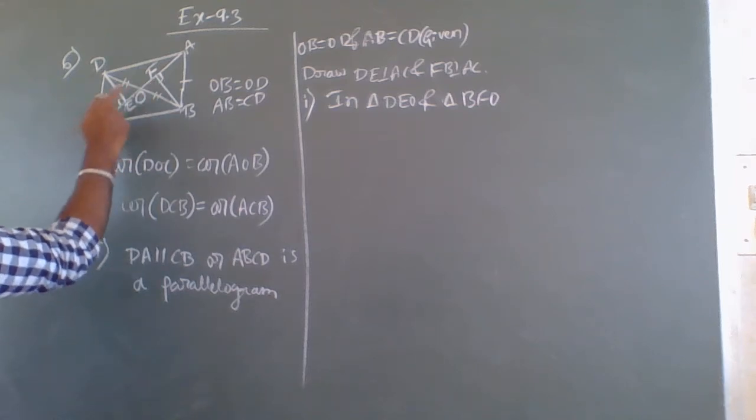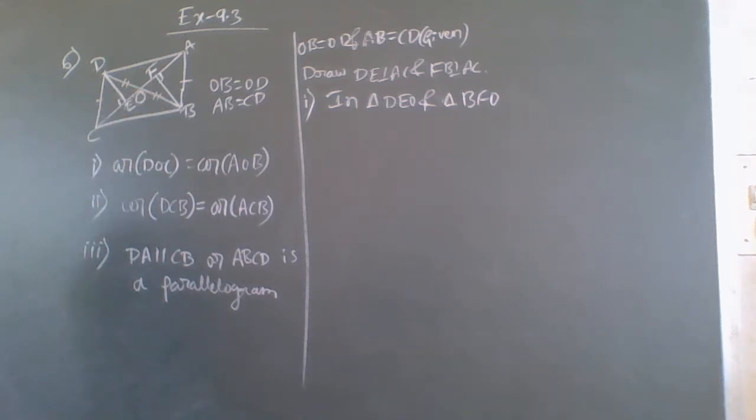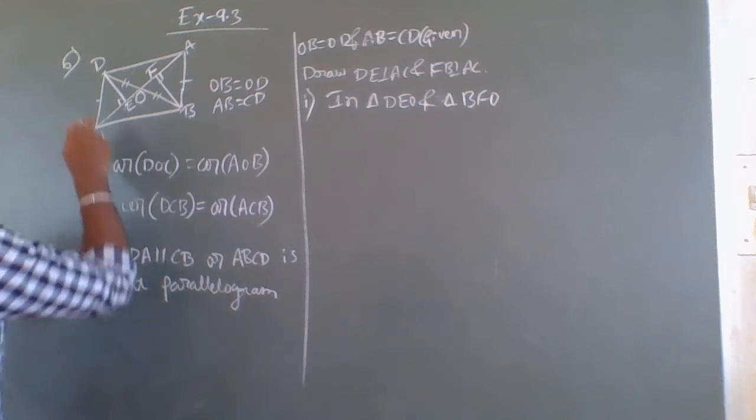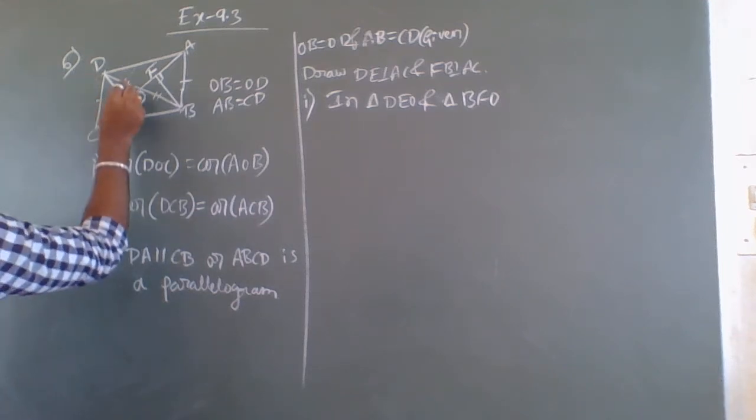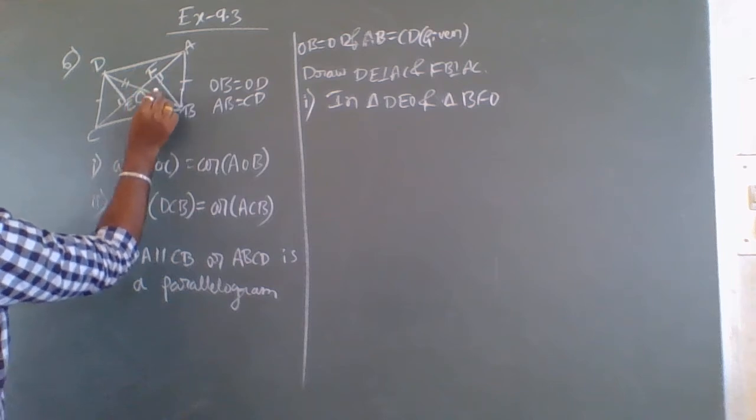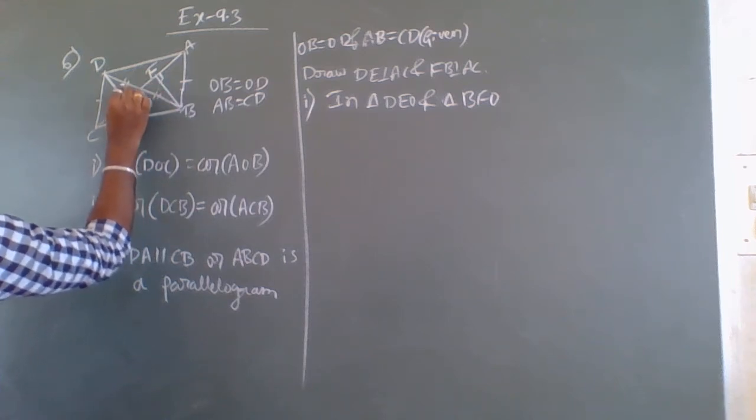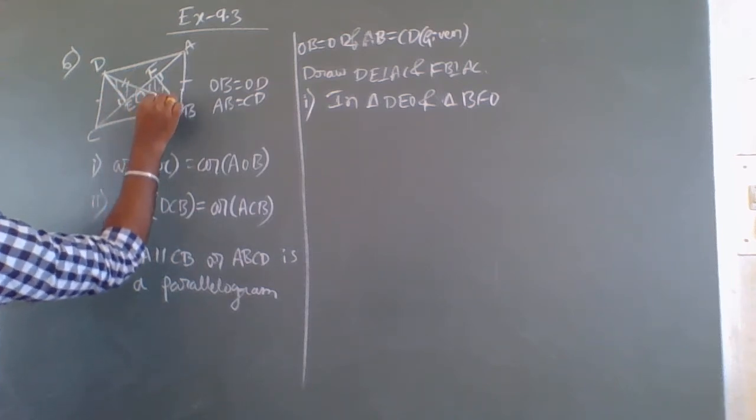To prove this, first I will consider the triangles DEO and BFO. These two triangles are equal in area